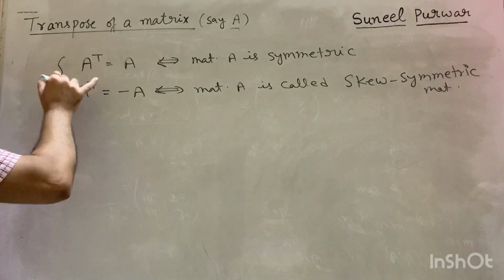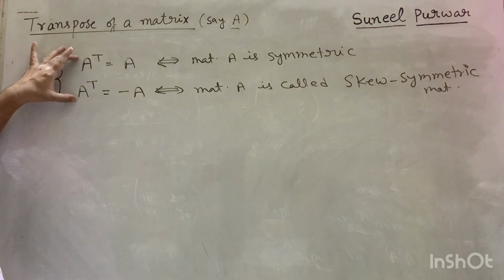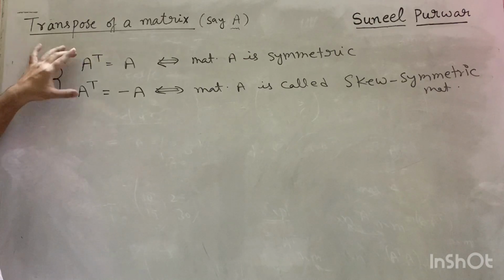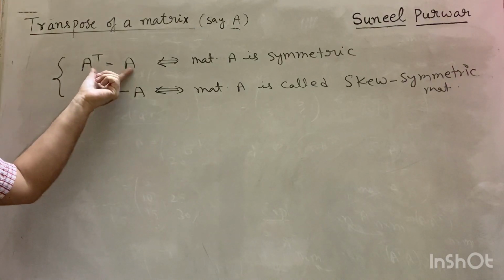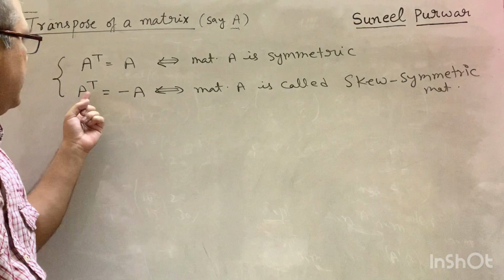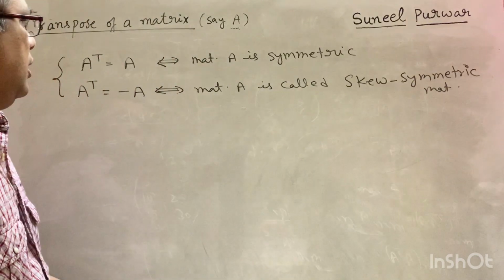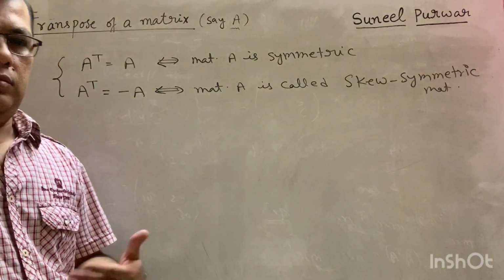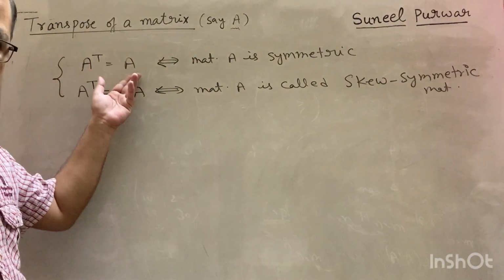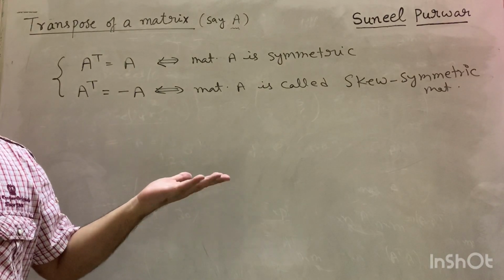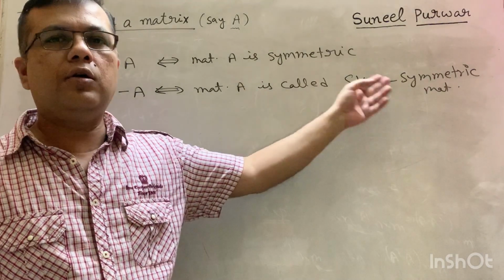Now, here what is happening? We are expecting transpose matrix of A to be equal to either the matrix A itself or minus A. So if it is equal to A, the matrix will be called symmetric, and if transpose of A is equal to minus A, then the matrix A will be called what? Skew symmetric matrix. Alright. Now, as I told you, it is not necessary that every matrix should reflect these things. Some special matrices only reflect such property there. So a matrix may be neither symmetric nor skew symmetric.